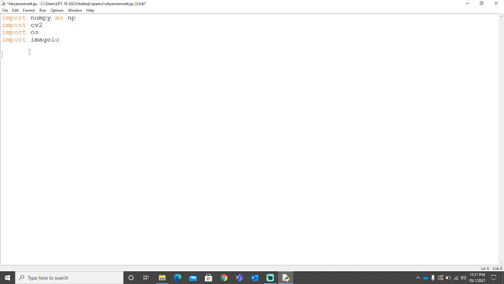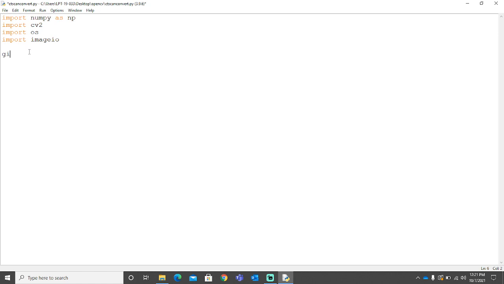So first I'll be taking the input GIF file and converting it into a JPEG format. Now why do we need to convert it into a JPEG format? Because OpenCV cannot perform its operations directly on the GIF format. We need to convert it into a format where OpenCV can process it.